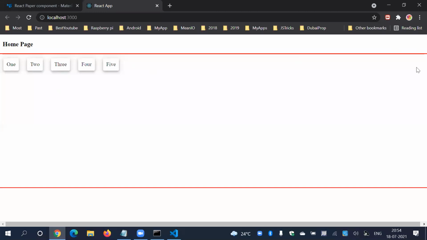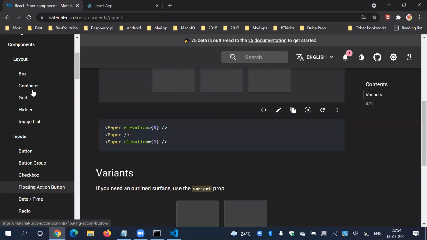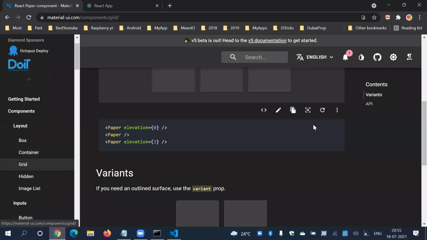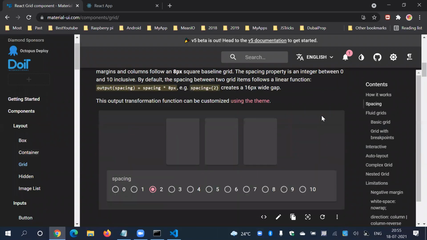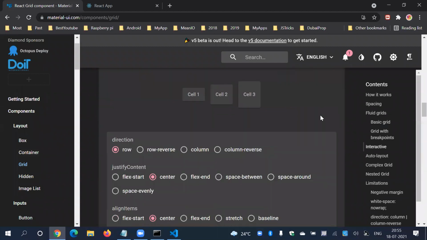So left, right. I want to move this item or distribute this item based on Flexbox attributes. Just scroll down in a grid. Just scroll down a little bit more. Here is something like direction: row like this.